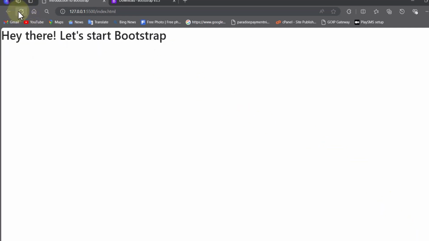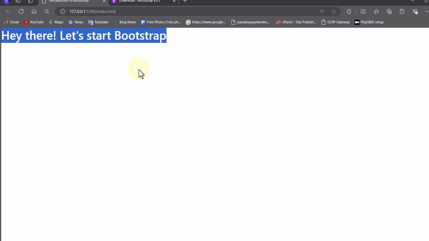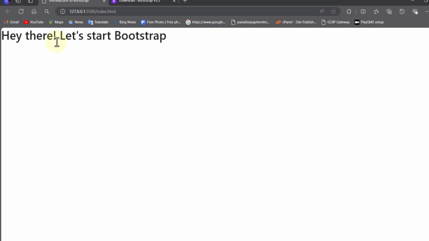Right, sorry about that. Yes, you can see that the font has changed. It is no longer a sans serif font, but a serif font. Let's carry on. So you can see that my font has changed, and this means that my Bootstrap is working